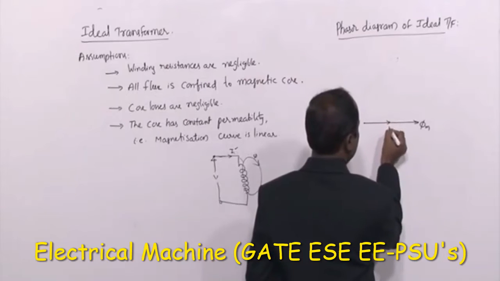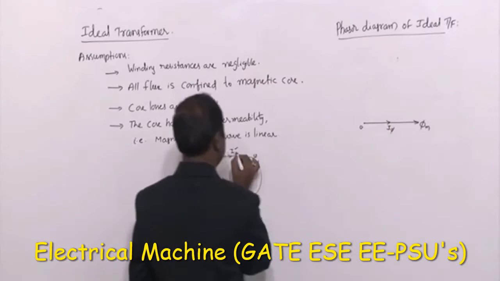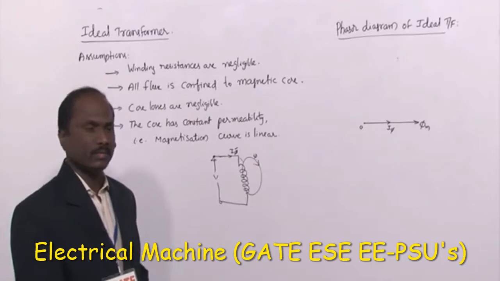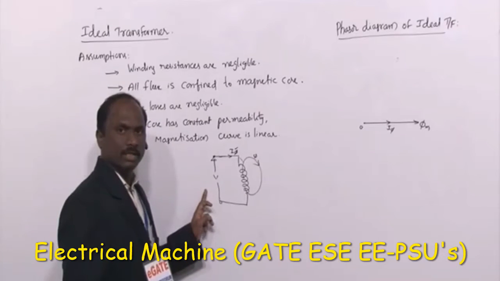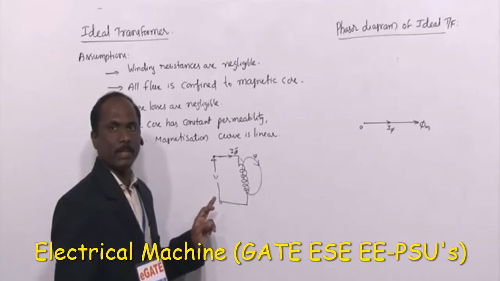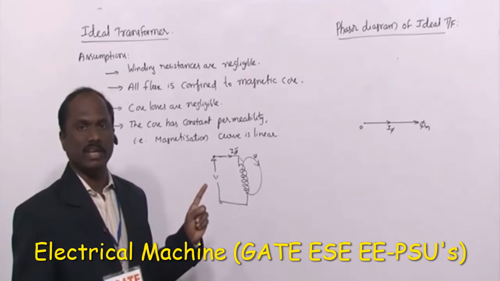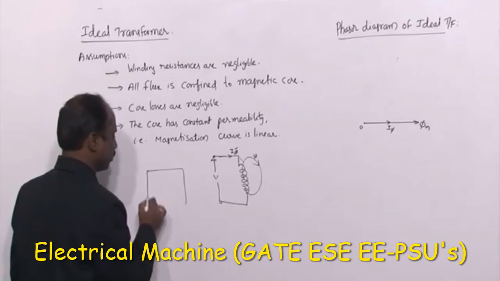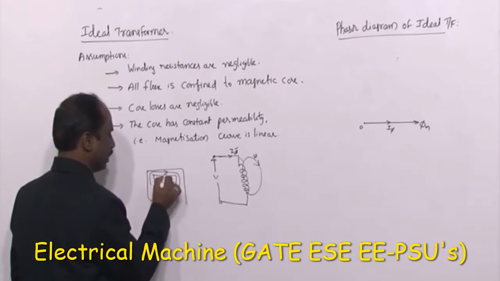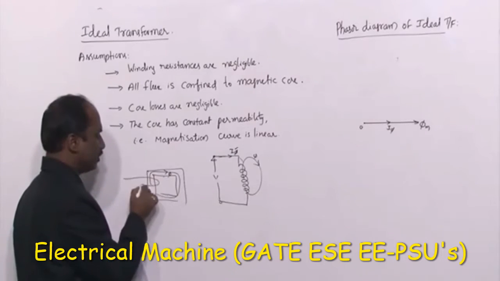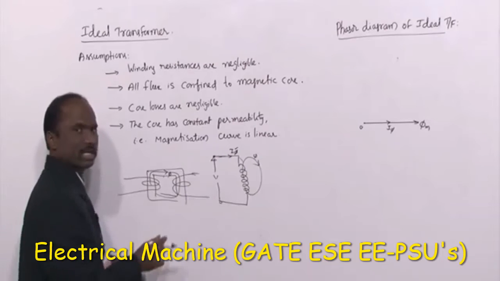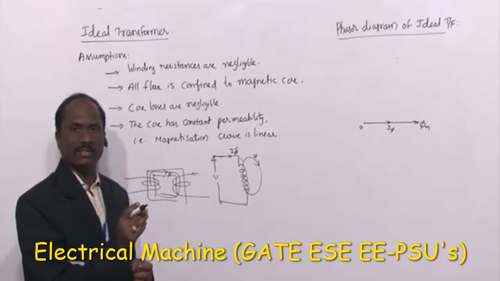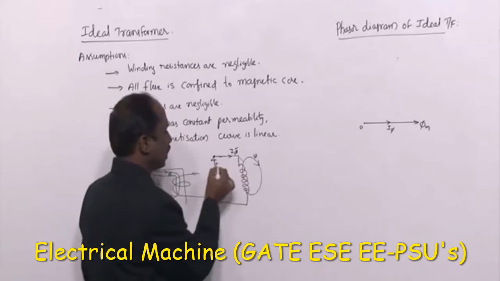So whatever magnetizing current is flowing here, which is I phi, is in phase with the flux. Next, how is the voltage? This current lags the voltage by 90 degrees, which means this voltage leads it by 90 degrees. Here we are taking flux as the reference. Always remember, flux as the reference. Why flux as the reference? In the transformer core, whatever the flux is moving, we take as the reference. With reference to this, we find the induced EMF in the primary and in the secondary, approaching the left side and the right side from the transformer core itself. That is, we are taking flux as the reference. So with reference to this flux, how is this voltage?